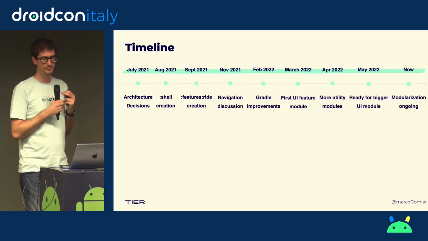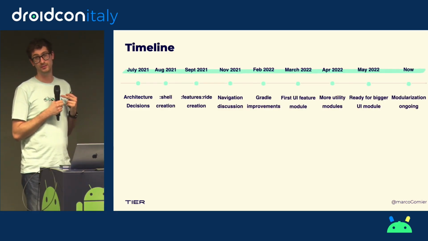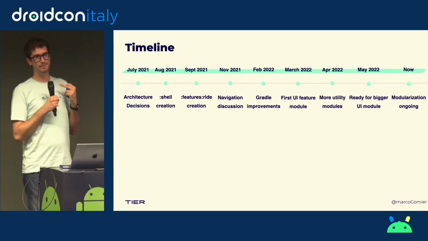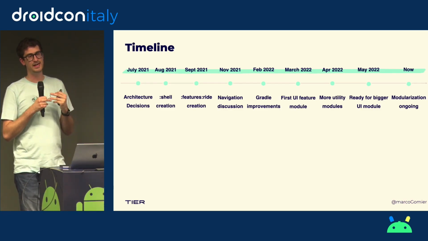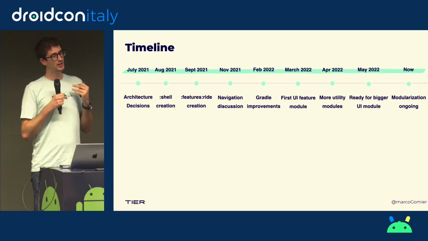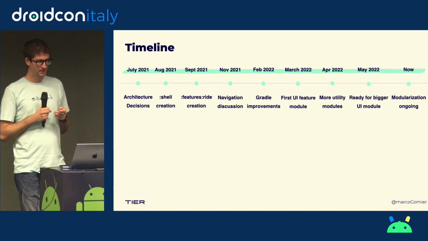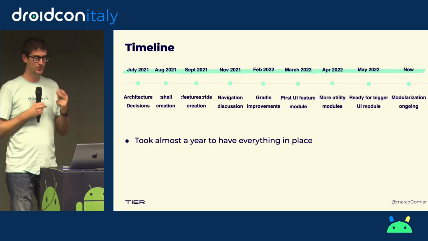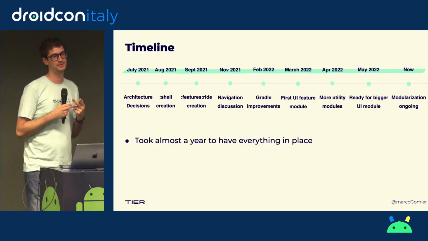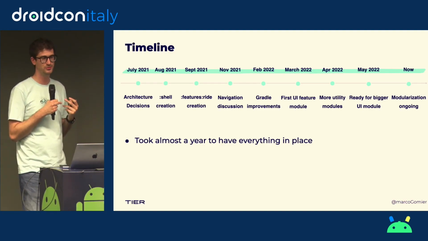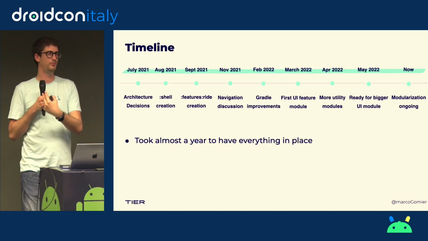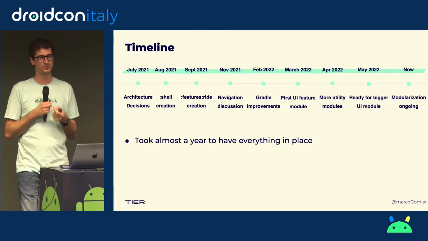And we ended up in May of this year with finally a big UI feature module successfully modularized. So it took almost a year to have everything in place, which seems a very long time, but I can assure you it's not, because